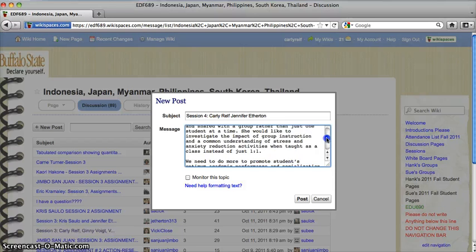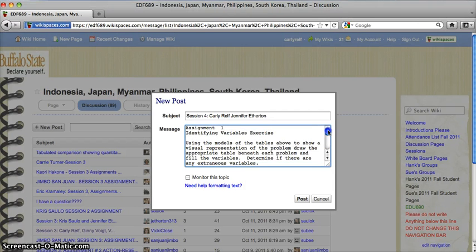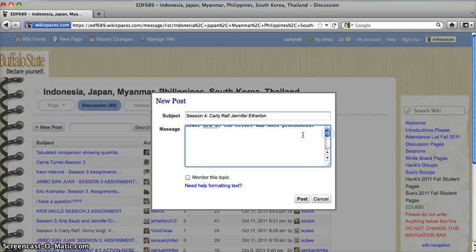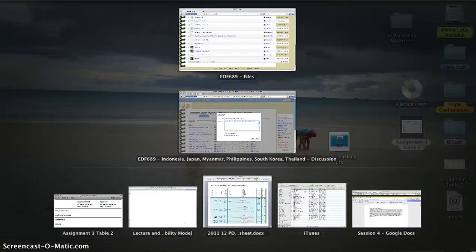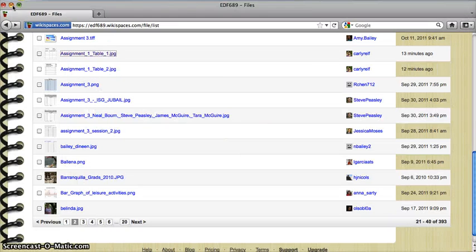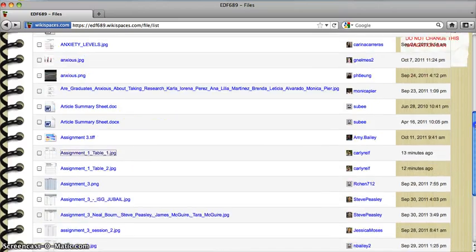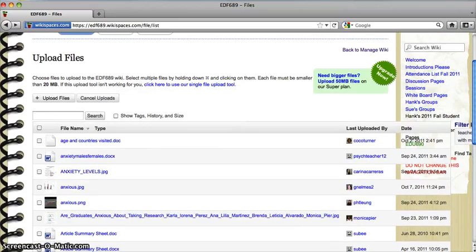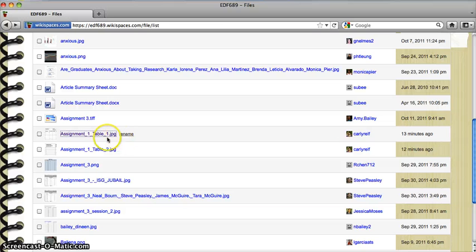so I have my post here. I'm just going to check my text, yeah. So now I know that that's where my table 1 goes. And then what I had to do was open, close, minimize this, and then come into a new window where I've opened the uploaded files. And I found my tables, that's my table 1,